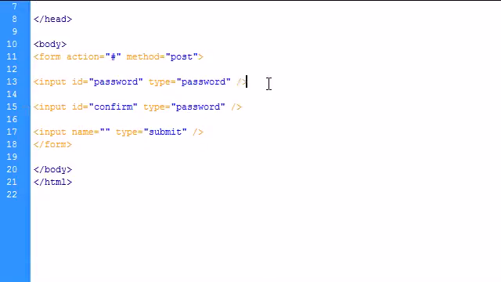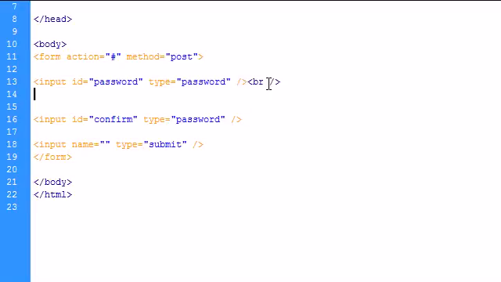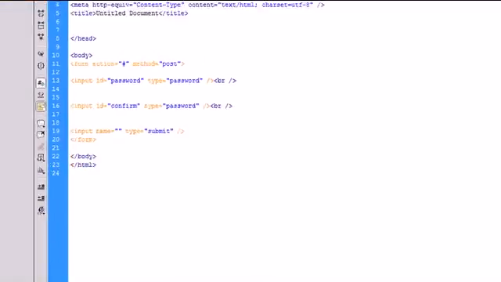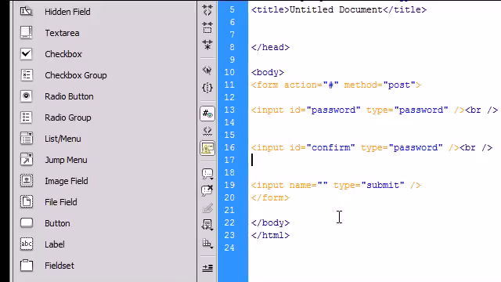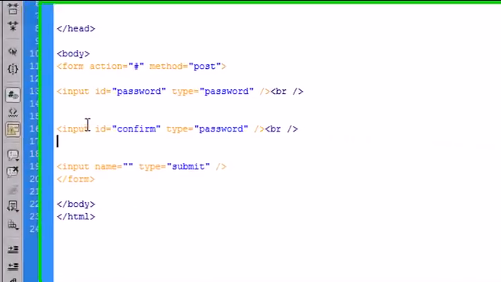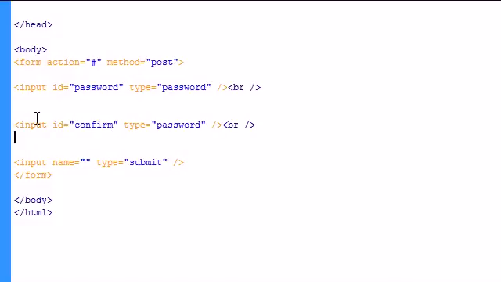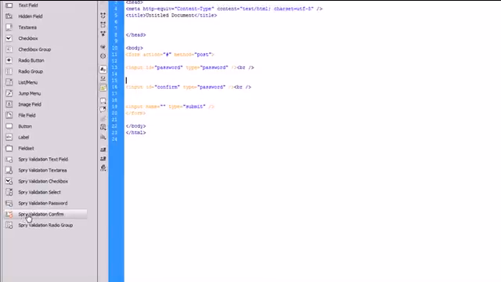I'm also going to add a break tag in there so we can break them up a little bit. There we go. We have two different text fields. And so now that we have our original password field and our confirm password field, we can go in and click on Spry Validation Confirm,